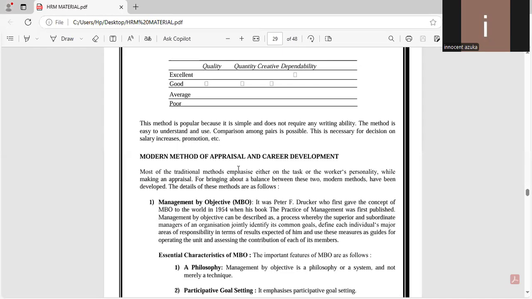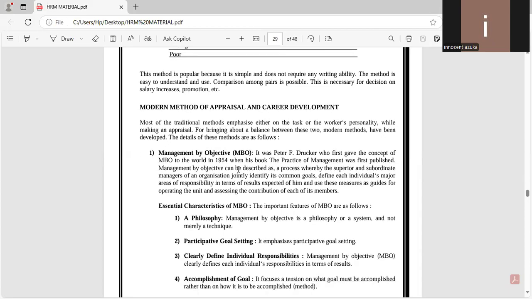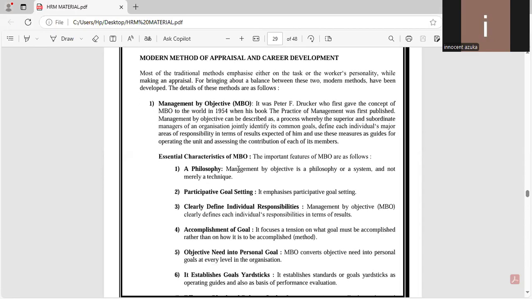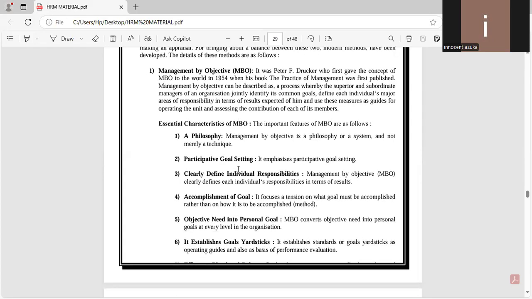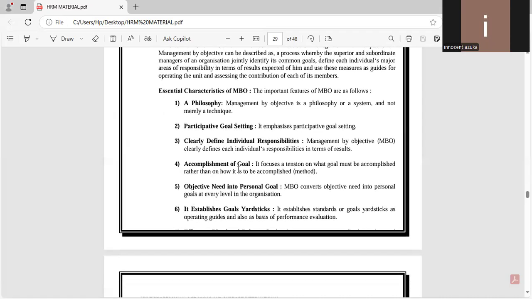Modern methods of appraisal. Most of the modern methods that are being used right now is management by objective, MBO. It's a concept of MBO. What are its characteristics? Philosophy, participative goal settings, clearly defined individual responsibilities,